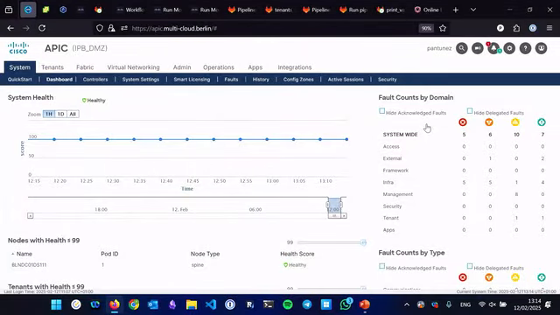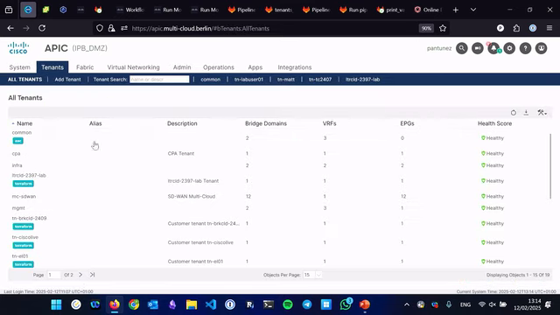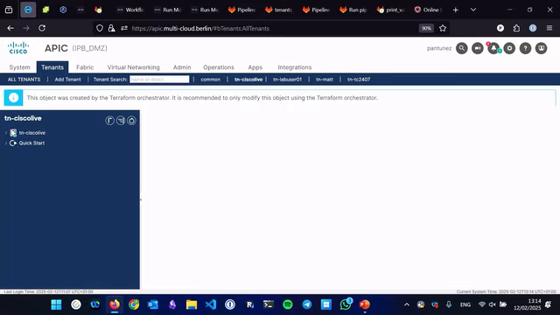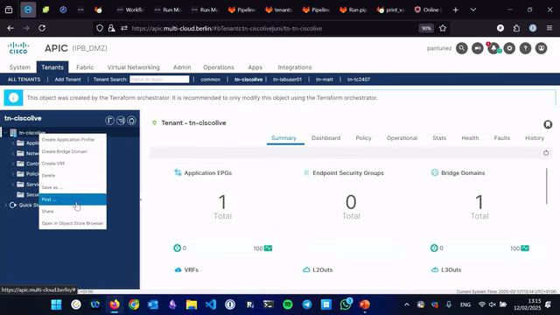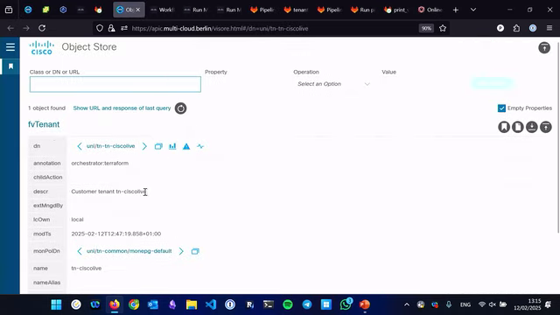Let's go to my box. Okay, let's go to Pedro's one. Okay, so Pedro's got the APIC here. We can go into the APIC. We can see that we've got a tenant deployed. That tenant is called TN Cisco Live. We can also view this tenant in the object browser, and we can also see that this tenant was deployed by Terraform. So that was deployed by our ACI's code pipeline.